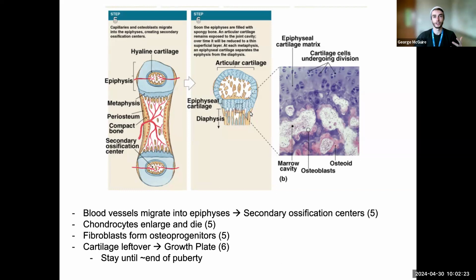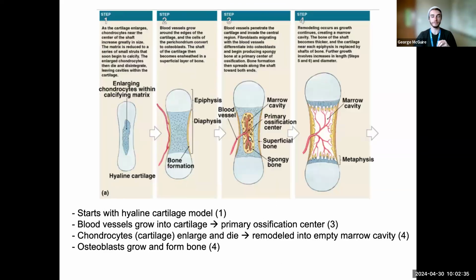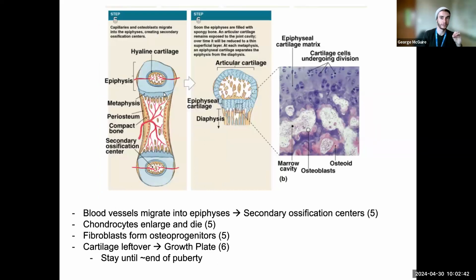And so that is how we make our long bones, or at least make the original shape of long bone. Starts with a cartilage model, and then all that cartilage gets replaced with bone, starting with our primary ossification center in the diaphysis, and then spreading out and penetrating into the two epiphyses for our secondary ossification centers, where we replace cartilage with bone. Most of the epiphysis is going to stay empty as far as there's very little spongy